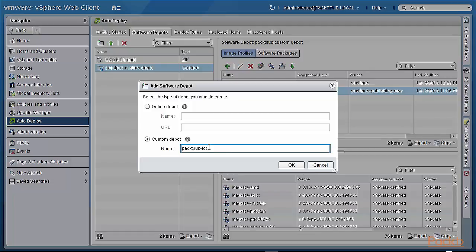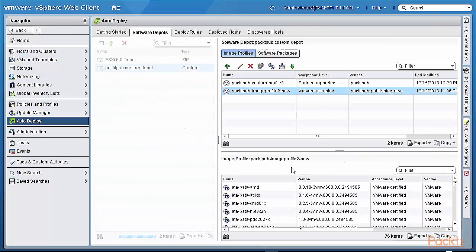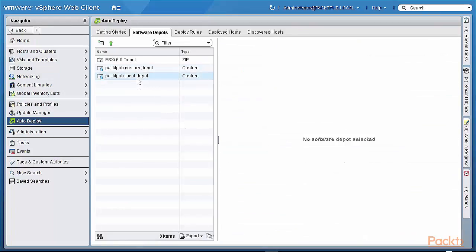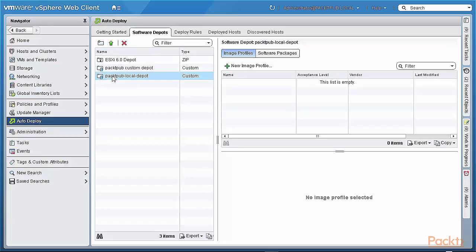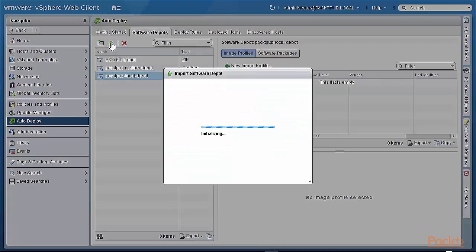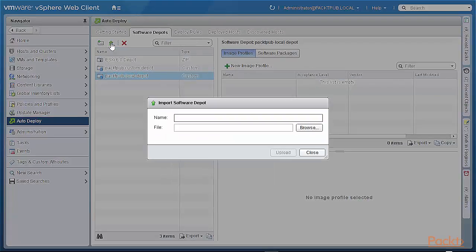PackedPub local depot. Click OK, and the PackedPub local depot actually shows up here. Now when I look at what's in it, when I select it, there's basically nothing in there. Let's look at this icon, import software depot. I'm going to import an ESXi 6.5 depot, which is the official depot that I have downloaded, and